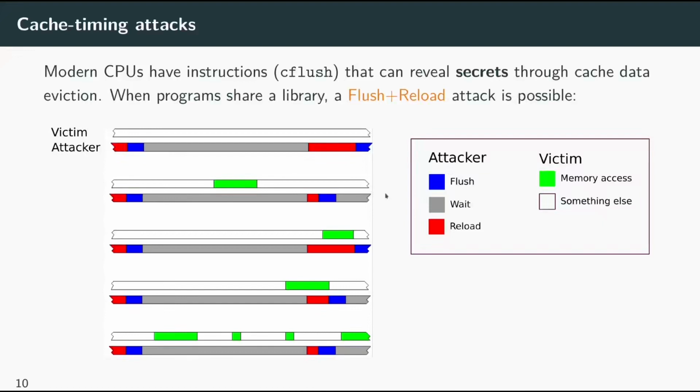Notice, however, that this attack is not deterministic in the sense that there could be overlaps between the memory access and the reload part, or some other cases in which it could be confusing for the attacker to distinguish between the two cases. That's why the attacker here is not assumed to obtain a 100% success probability. But the attacker will try to choose parameters that maximize the success probability, and we actually achieve over 99% probability in our cases.